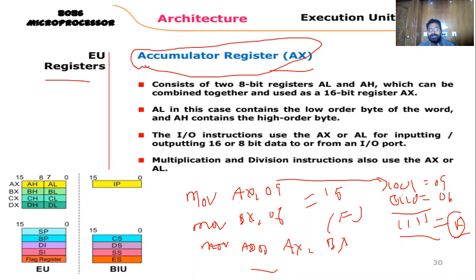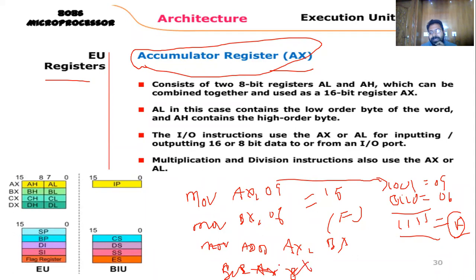Once the data is available in the accumulator, if you want to send it to memory, you can write a store instruction to move that information from AX to the memory device. Otherwise, the data is only temporarily available at AX before the execution of the next instruction. For suppose you write some instructions like this again: 1, 2, 3, and on the fourth line I write the instruction subtract AX comma BX.